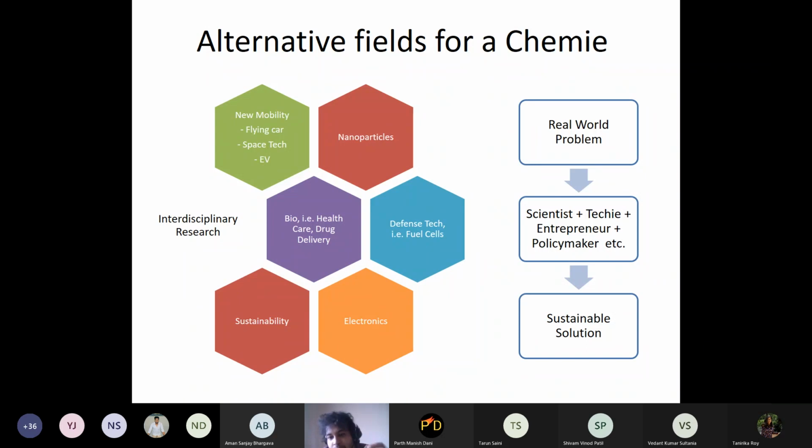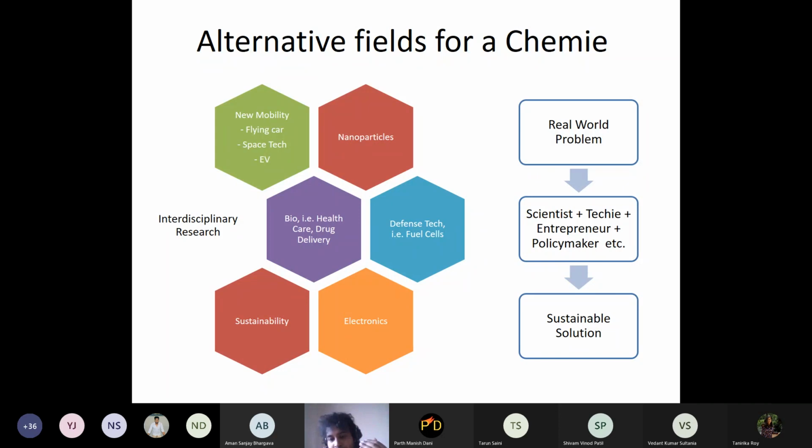So this is one of the areas. Then you say flying car. Flying cars are in lots of videos we look at, and lots of startups are trying that. But flying cars also need specialized materials, specialized control systems, specialized application of the material. How do you design that? What kind of aerodynamic drag do you have? What kind of fluid mechanics is applied? Computational fluid dynamics is one of the areas which is very well applied here.